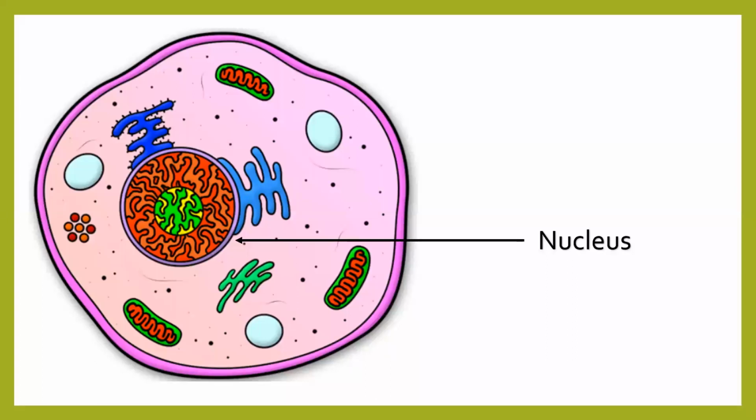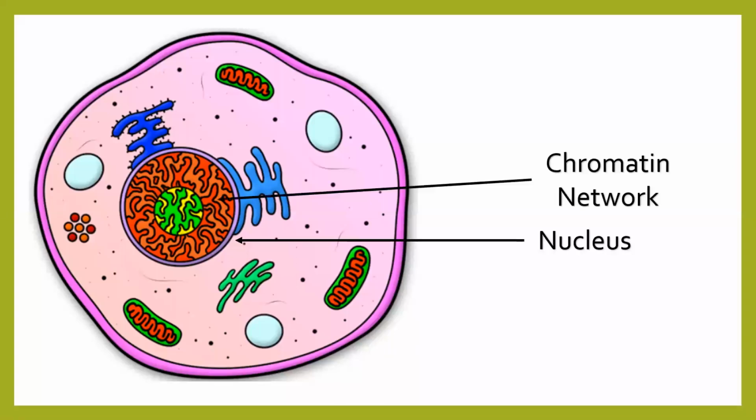Yeah, completely tangled. So whenever the cell is doing its own function, चुपचाप अपना काम कर रहा है, उस टाइम को हम लोग कहेंगे that the cell is resting. That means the cell is doing its own function but not doing something extra. So when the cell is at rest, the material inside the nucleus, which is that tangled form of thread, that material will be called chromatin network. I am repeating once again.